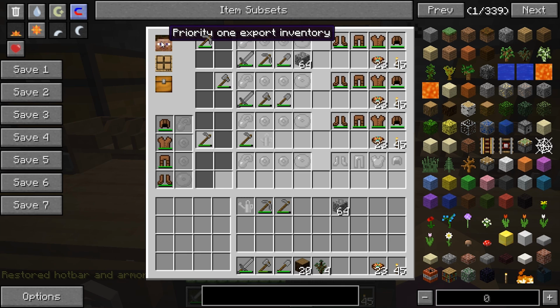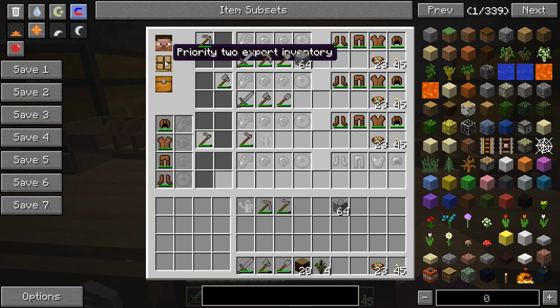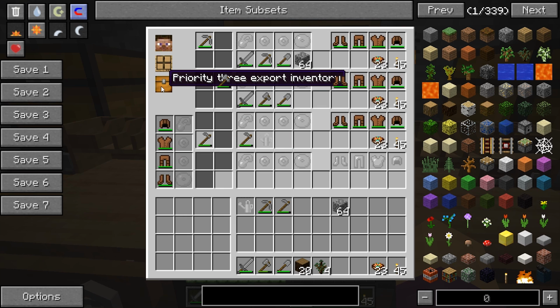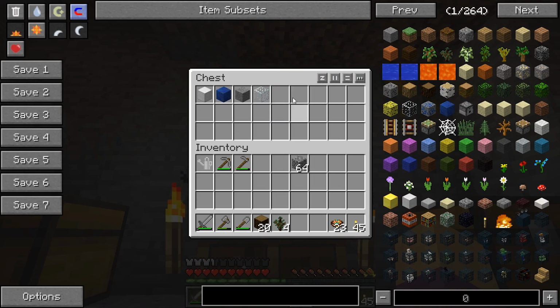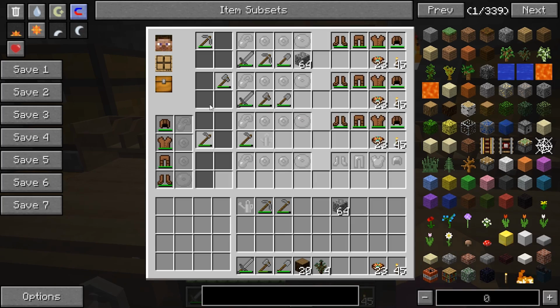Up here in the top left corner, priority 1, export inventory. Priority 2, export inventory to the actual gear swapper. This is the player inventory. This is the second priority. So if my player inventory is full and it has to put stuff somewhere, it puts it over here. Then the third inventory, if this is full and this is full, it puts it in the nearest adjacent chest, which is this one. What I want to do, one left click, a couple of left clicks,